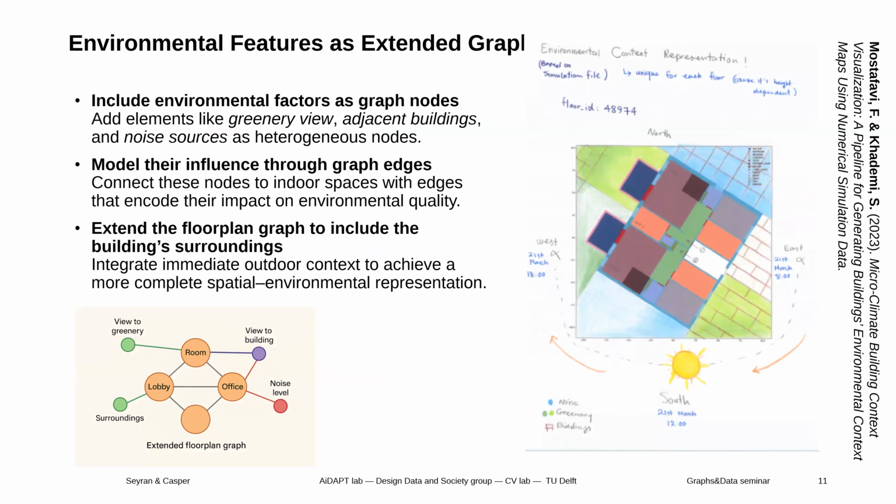Another example is this one from another PhD in our lab, Fatima, who is also trying to add surrounding buildings information to this representation. So given a floor plan, which is basically this one, looking at the surrounding and seeing what kind of environment is out there and what kind of environmental features are actually important for the building, and trying to model that as a graph. So for example, you could see view to the greenery, maybe there is a noise source somewhere, view to another building, etc. That could be another node on the graph, which represents the